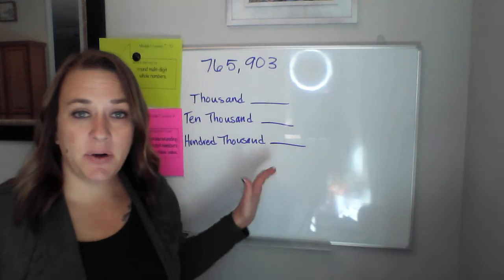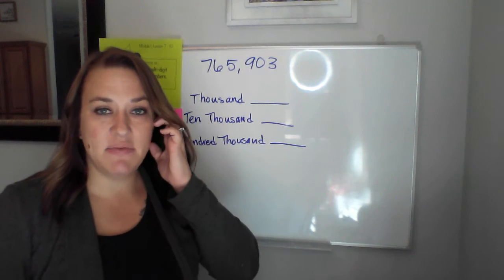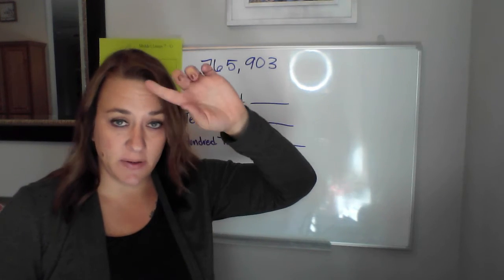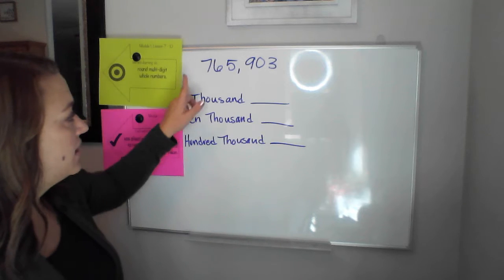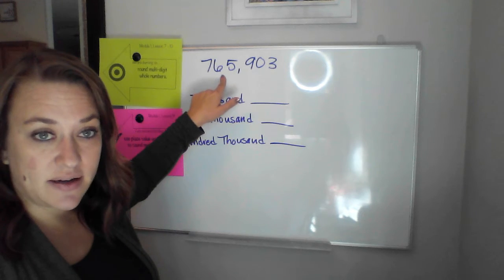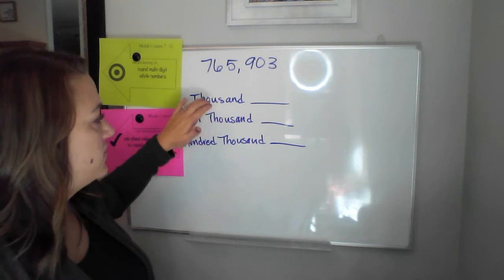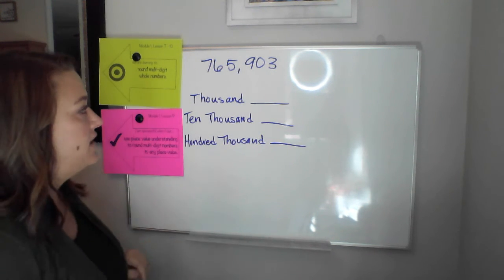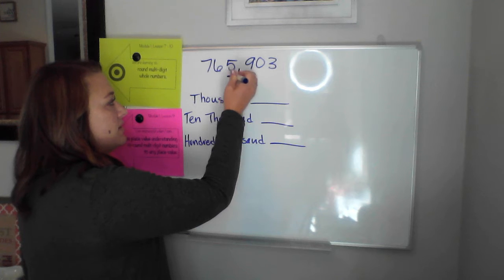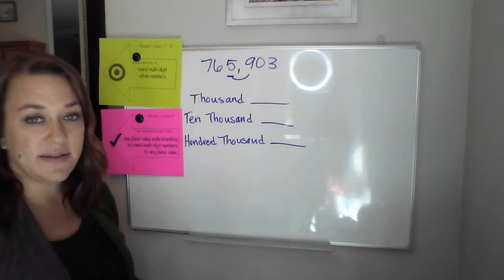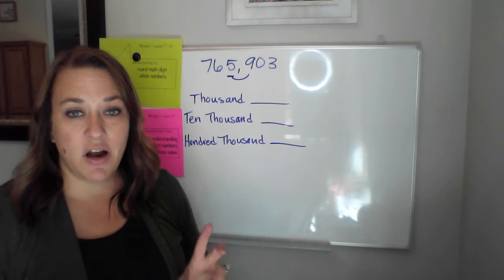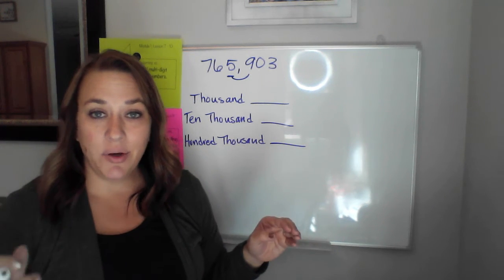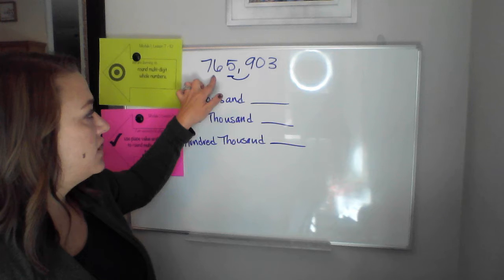Okay, so here's our last problem of the day. We're gonna round the same number to 3 different place values and see the difference, okay? So our number is 765,903. For starters, we're gonna round it to the nearest 1,000. So we're gonna identify our thousands place and look to the right. So if I'm rounding to the nearest 1,000 and I picture that number line, my low end would be